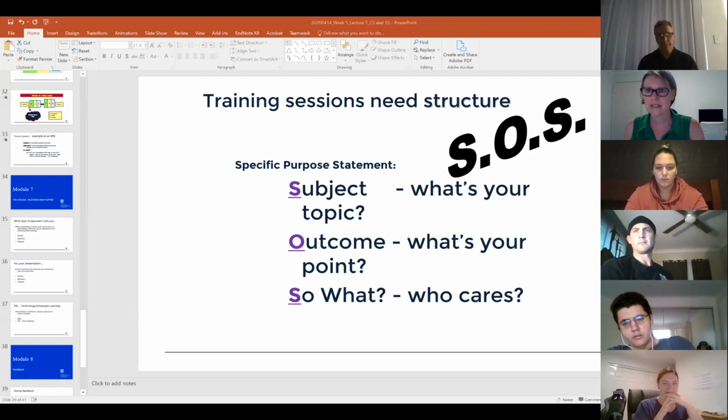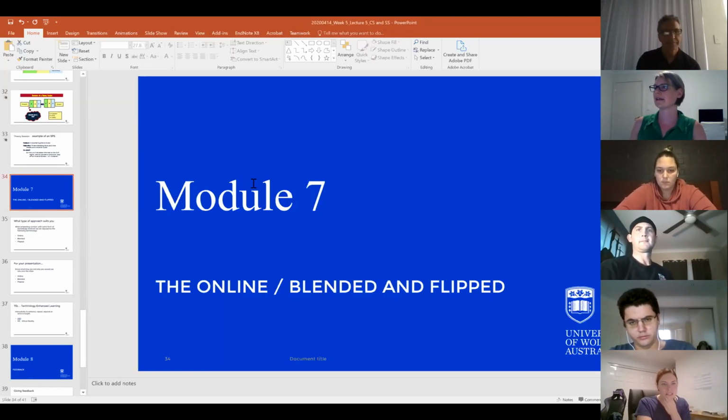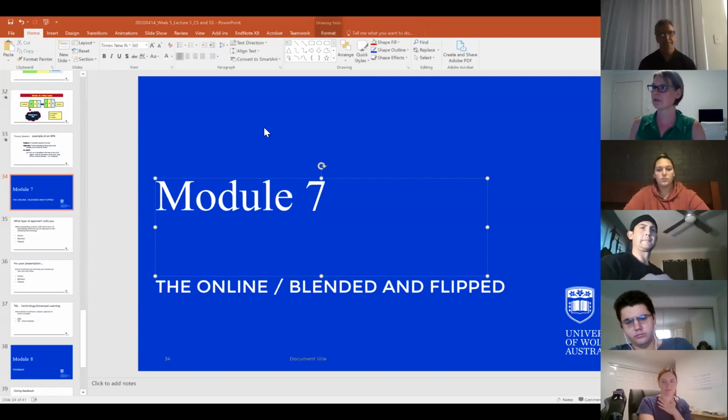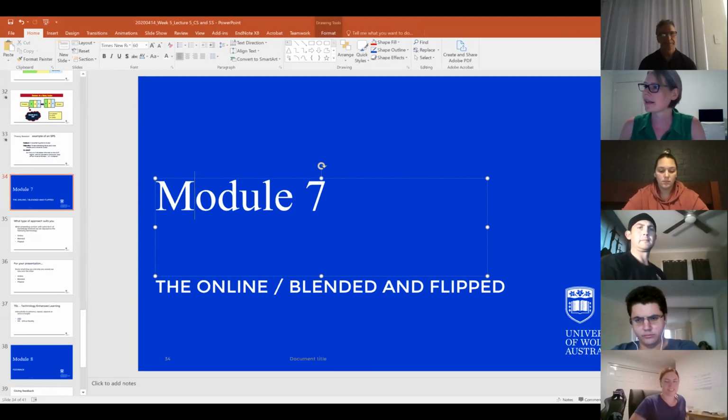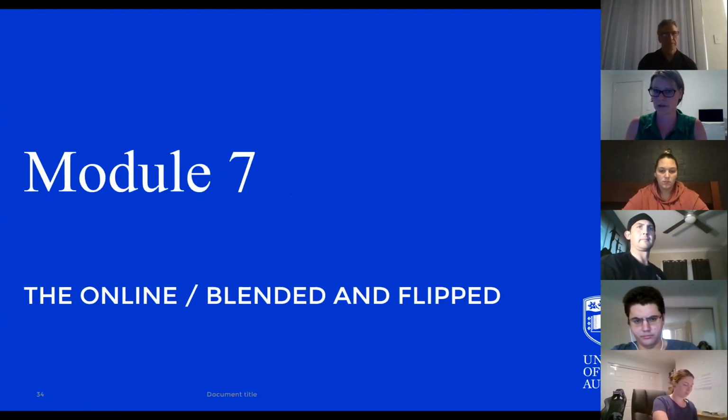Can you guys see anything of my screen? Because I'm pressing so many buttons. Okay, yeah, I am sharing something. It's just not my slides, I think. Yeah, we're still seeing the SOS. Cool. Okay, so now you can see module 7? Yep, module 7, perfect. We've established last week, for all the IT prowess, I cannot share my screen properly. Okay, let's see how we go. I'm going to see if I can just flick it open. Is that working for you guys?